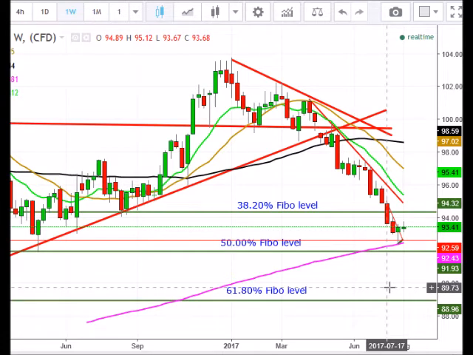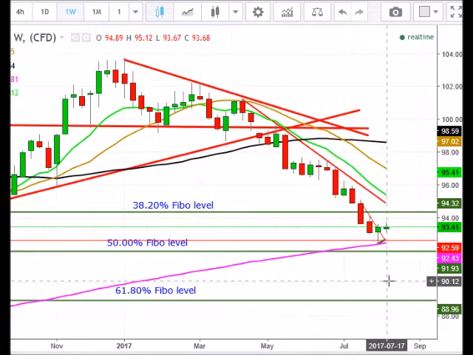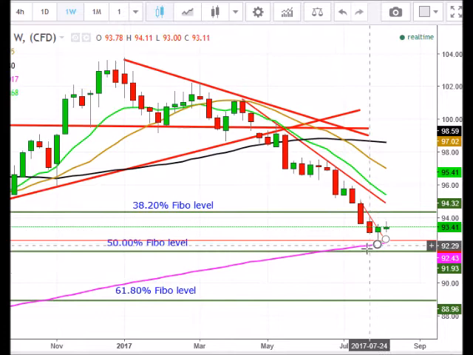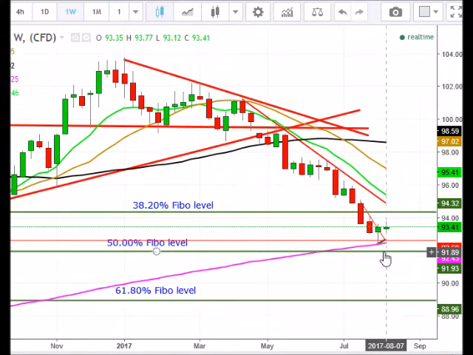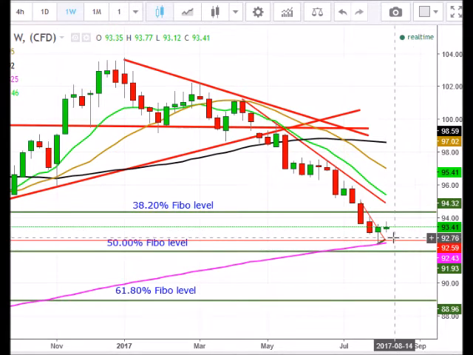This is the U.S. dollar. Looking at the weekly time frame, I like to start off from this just to see the overall grander picture. As you can see here, I've been calling for this level here and here to be hit. We have managed to maintain support above this 200. We haven't quite come back down to test the 200 like I originally thought we were going to see. And right now we just see a little bit of sideways action.